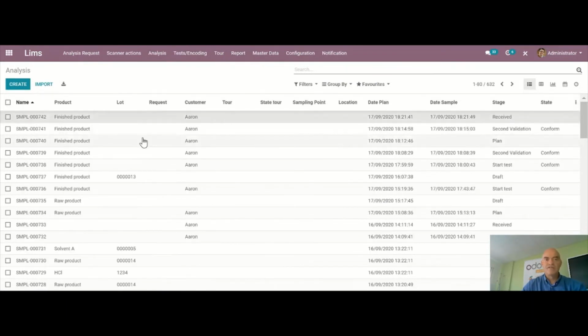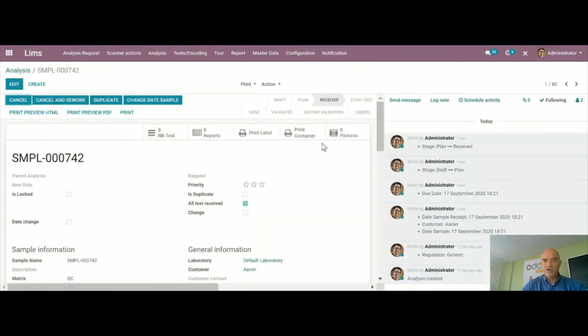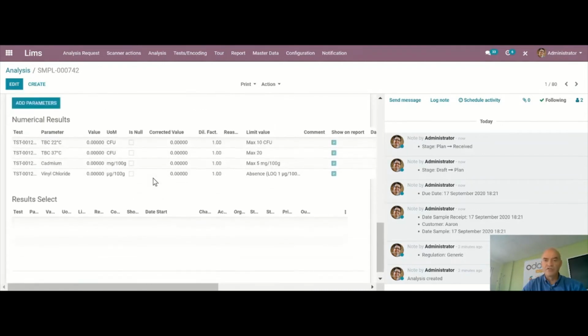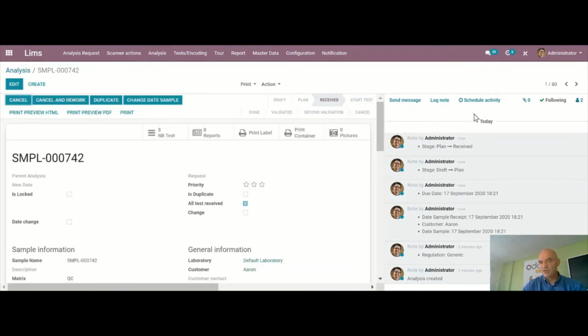So it's this one. And so I know it's received, and then we can start the test. So again, as a technician, I can have a look at the test. I can print my labels, print the bottles I need. I can take pictures. I can have all the information regarding the test, and we also benefit from all the